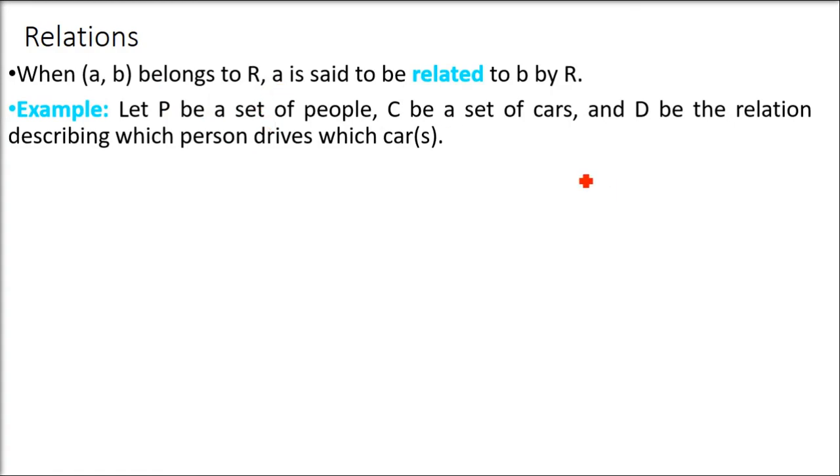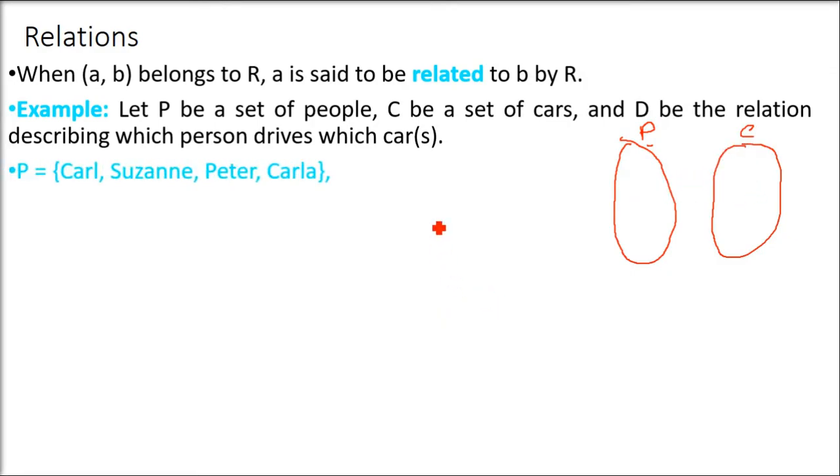Now let us take an example. We were calling the set A, let us call it P now. So P is the set of people. And C is another set, which we were calling B, now we are calling it C. So P is the set of all people and C is the set of cars. One set having people, one set having cars. Now the relation is which person drives which car. As I said, a relation will always be a sentence. So those ordered pairs which fulfill this sentence, that is which person drives which car, will make us a relation, which will make us an ordered pair.